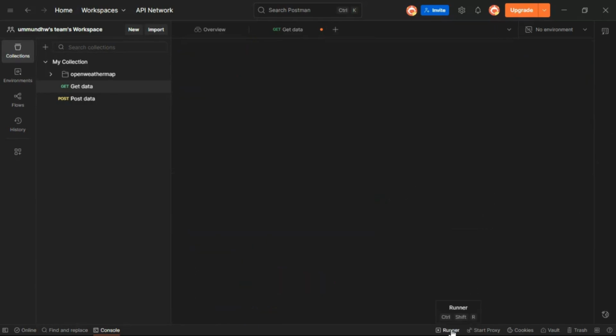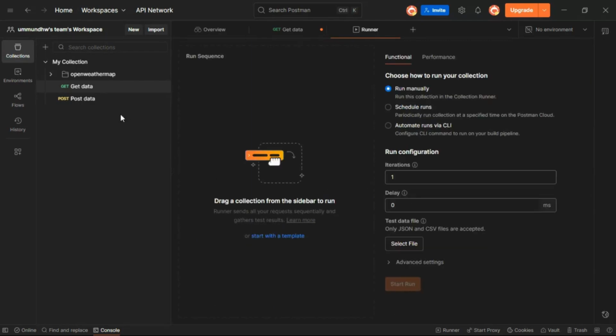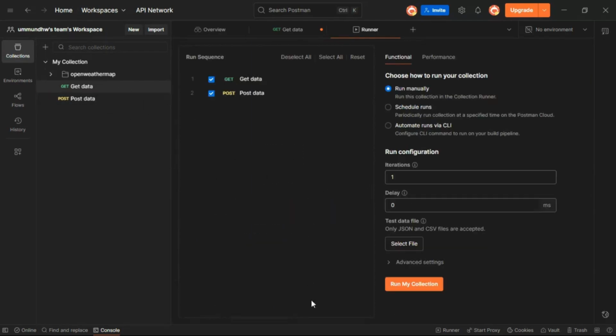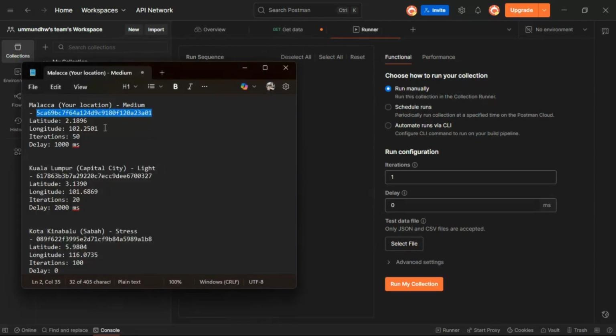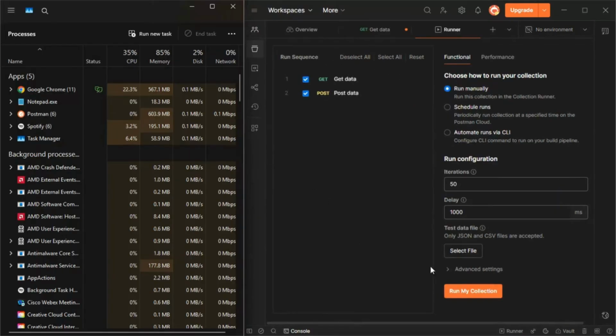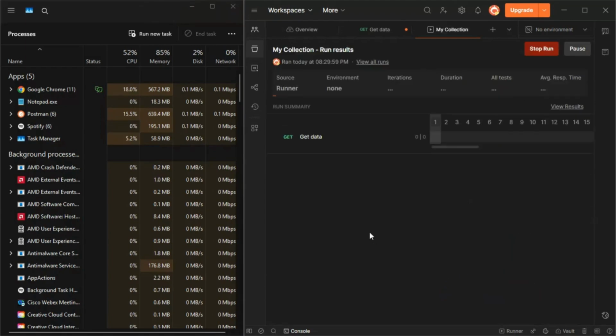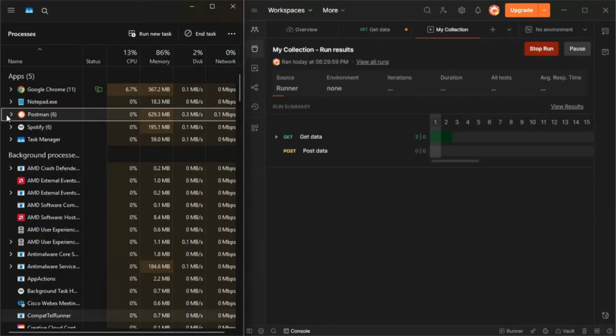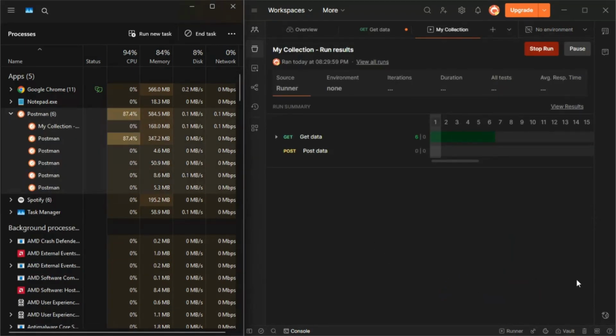Now to run the test, you need to click the Runner and upload the get data. So for the medium load test, I will try the iteration, which is the number of loops through the collection during the run. So let's try 50 iterations, and the delay is 1000. And to calculate the throughput and read the CPU and memory, as you can see here,